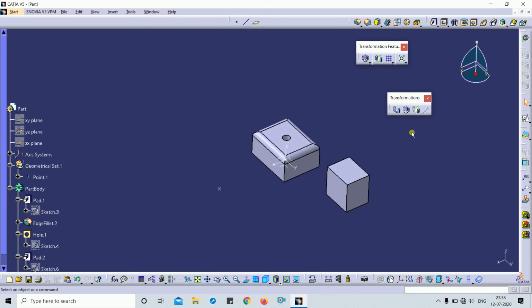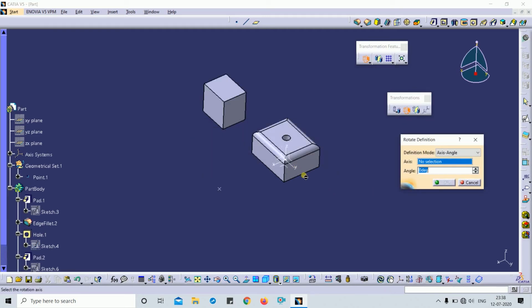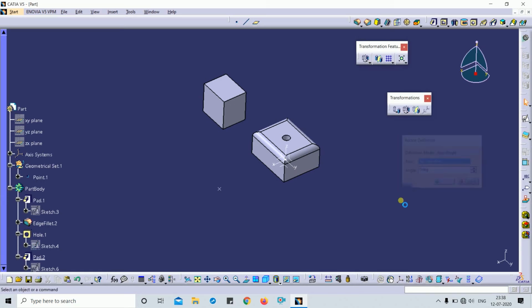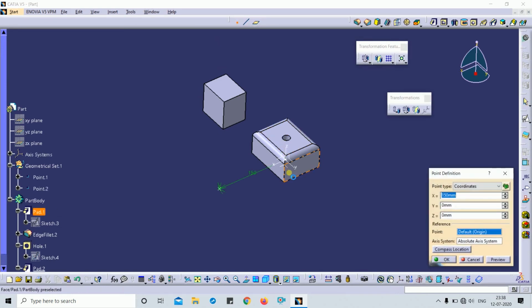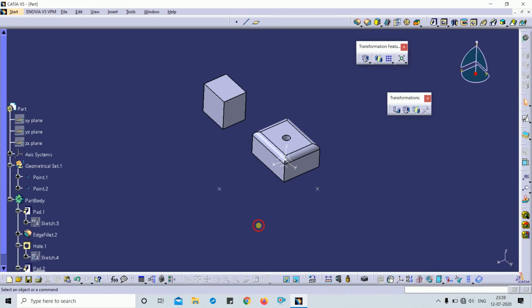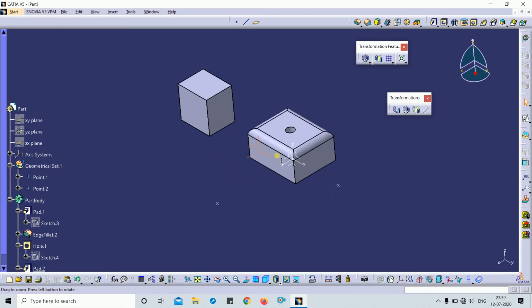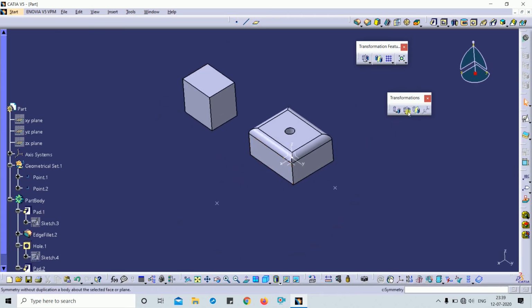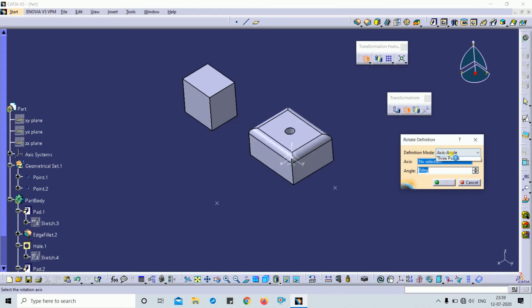Next one is 3 point. I need to generate the 3 points. I select 0 and 100 on the y-axis direction, and I have created these 2 points. For example, I select rotate, yes, definition mode 3 points. The first point is this one, the second one is this one, and the third one is this one.